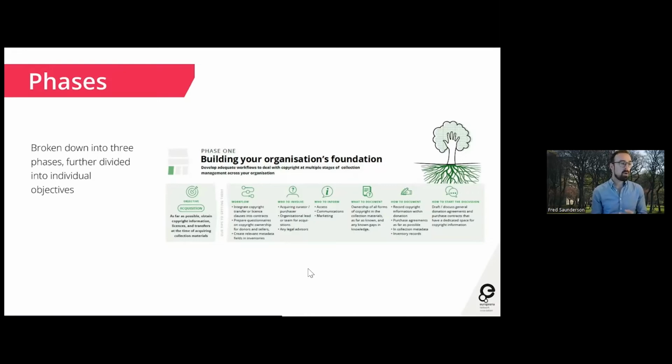of that objective: what sort of people in your organization you'll need to be involving, and which sort of people you need to be informing of your activities, who needs to be actively participating in reaching the objective, and who maybe needs to be aware of the fact that you're working towards this objective, but doesn't need to have an active part in it. What things you maybe want to document, so what you want to record as part of reaching this objective, how you might want to document that, and some tips about how to really start the discussion around reaching this objective. So this is quite high level.